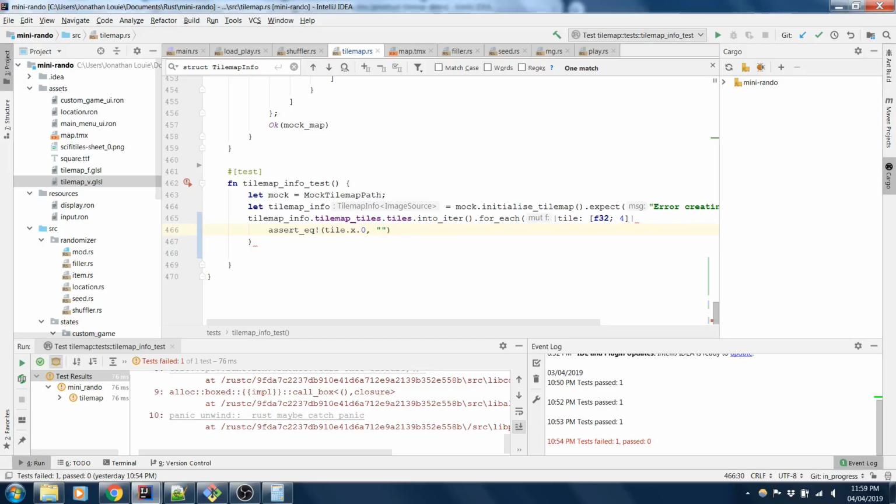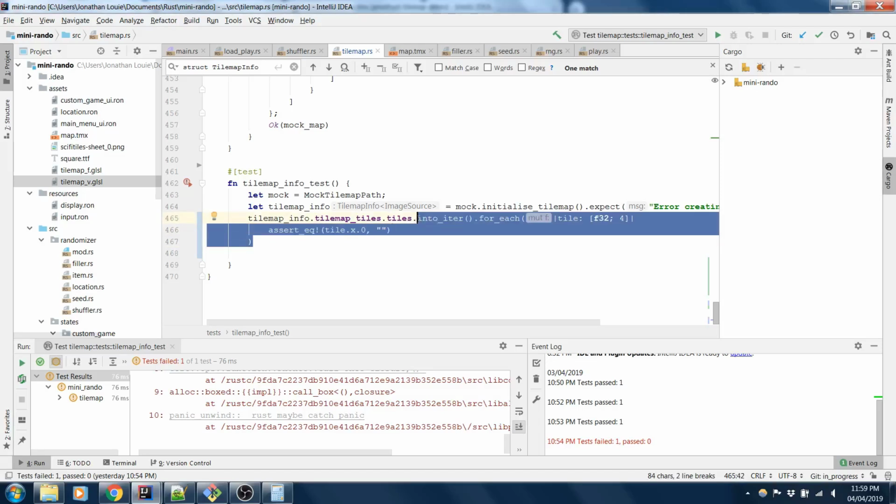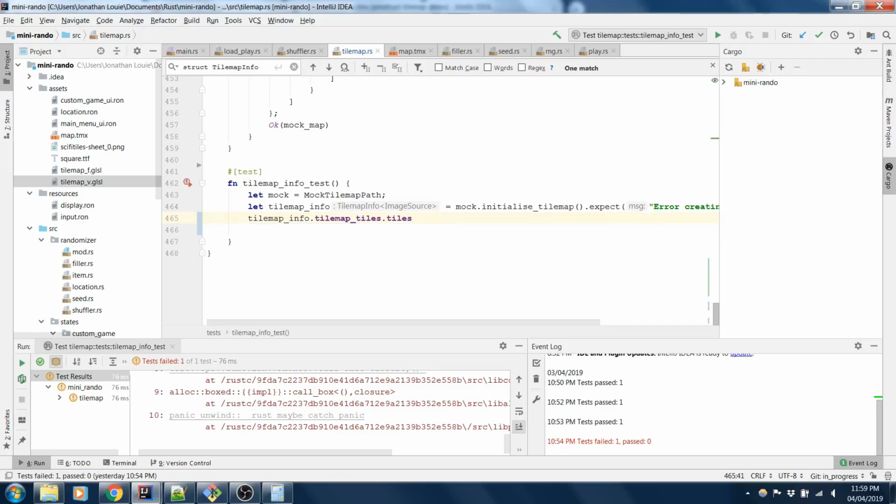Oh wait, no, I don't want to for each that though, do I? I don't think that's right. No, I don't want to for each this. I'm being silly. What I should do is store this in a variable for one thing,